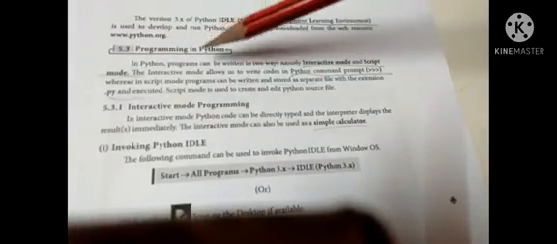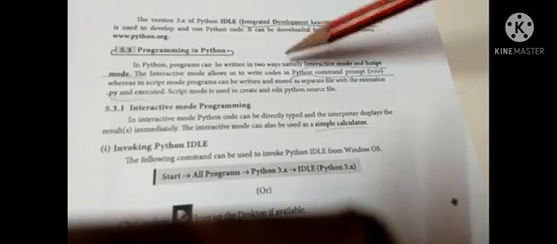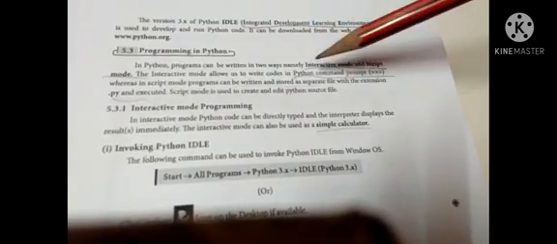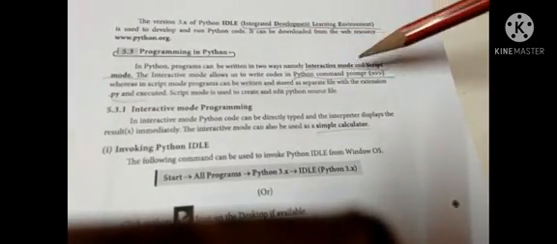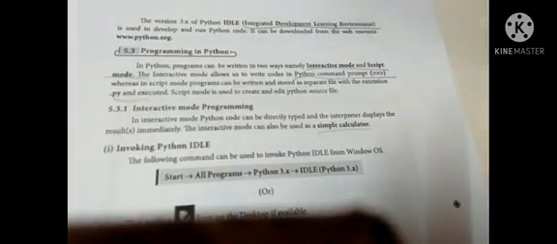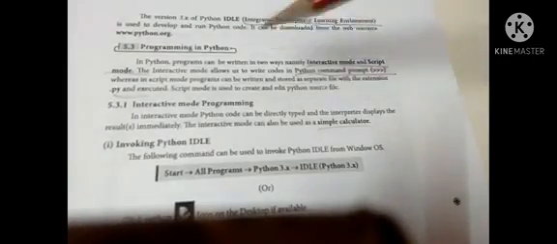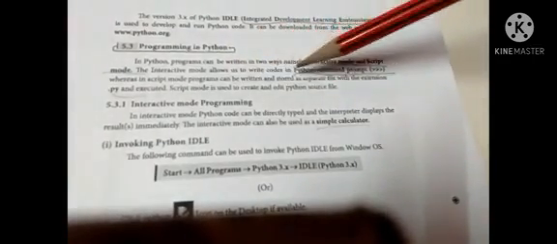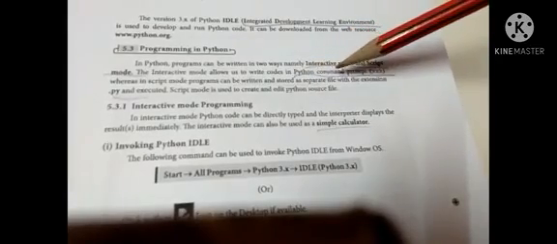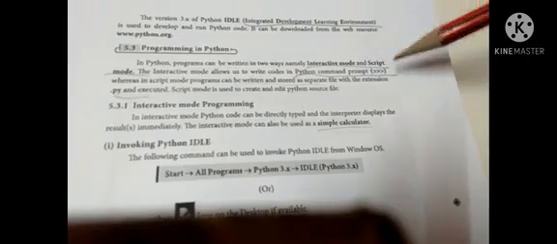Python programs can be written in two ways, namely interactive mode and script mode. Interactive mode allows us to write code at the Python command prompt.